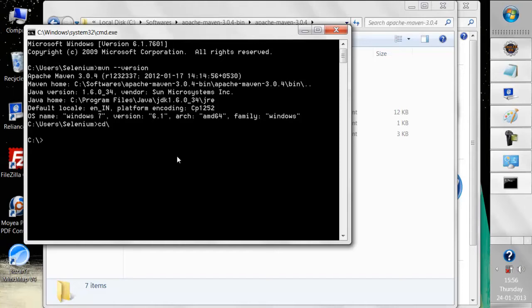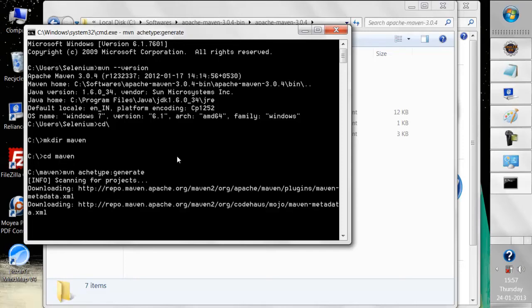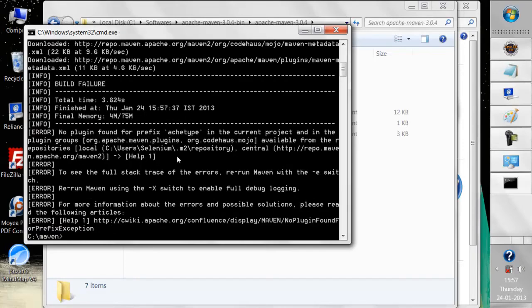Now I'll go to my C drive and I'll create some folder over there. Let's say mkdir Maven. I'll give it the name Maven, and then I'll go inside this folder, and now here I'll give the Maven command, that is mvn archetype generate. So as soon as I hit enter, it will start scanning for the existing projects that are there inside